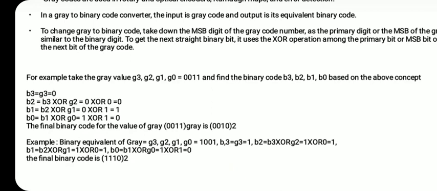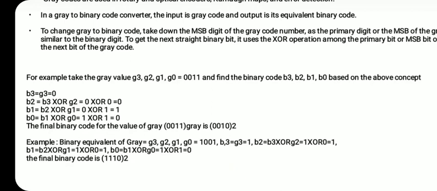1001. This is what again? The given gray code, or the primary code. So again number it as G3, G2, G1, G0, right? And then what you will do, take the MSB as it is in the binary code, 1. Now what to do? This one, the first result of the binary code, we will XOR with the second bit. What is our second primary bit? 1 XOR 0. What is 1 XOR 0? 1. So write it down as the second bit of the result.